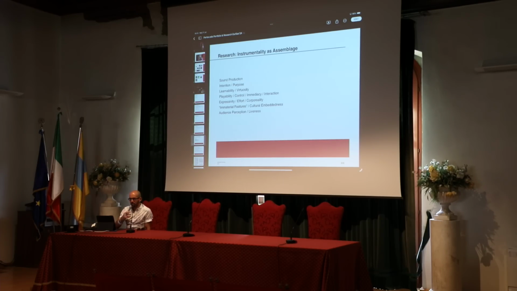So we can evaluate instruments these days not only by the sound production, but about their purpose, their intention, how the learning curve is in different instruments. We all know that the saxophone, for instance, has a very smooth learning curve. I would say it's very easy to put kids playing. It's very easy in the first years that they achieve nice musical results. If we compare to an oboe or to a bassoon, we know that the learning process is much harder.